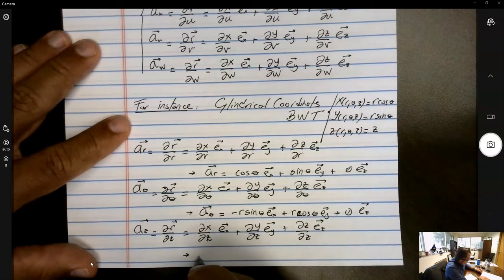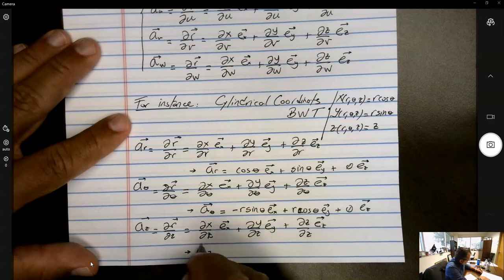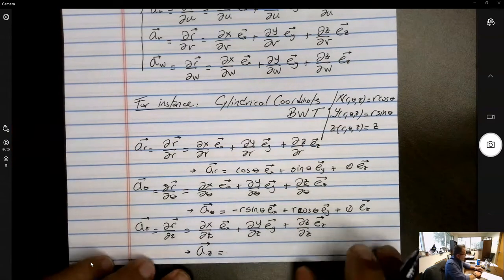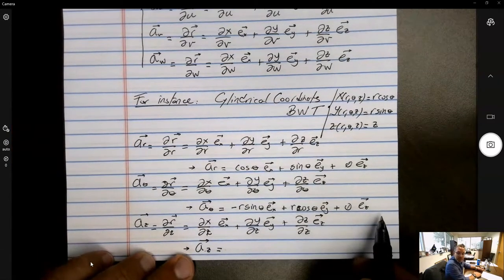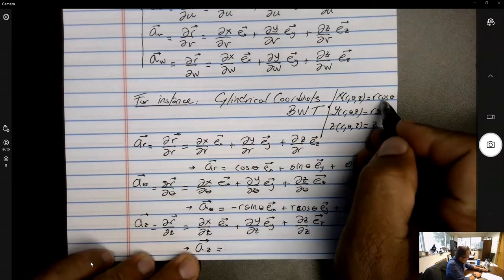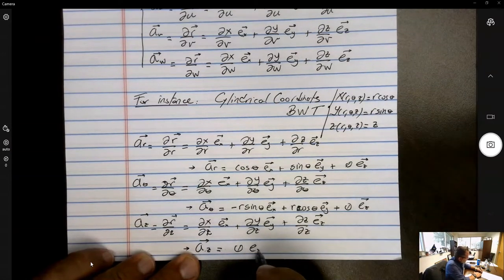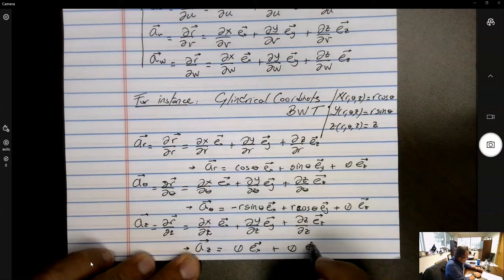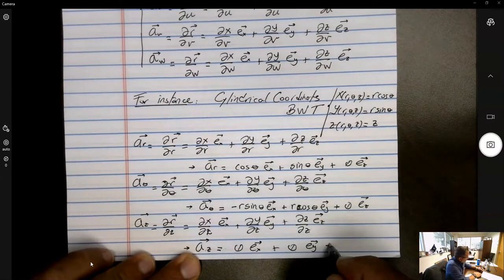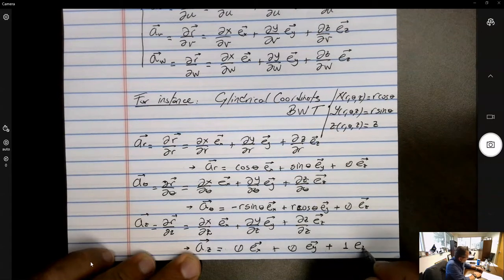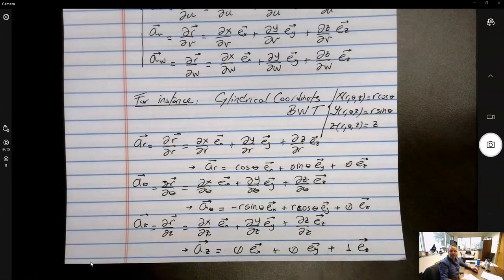Then this tangent vector in the z direction in reference to the x, y, z unit vectors is 0 in the x direction, 0 in the y direction, and simply 1 in the z direction. There are the three tangent vectors in the cylindrical coordinate system, and then we can make them unit in length,